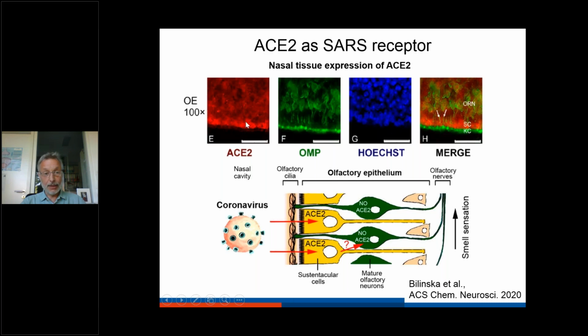And this is the expression by an antibody here in these cells. Here's a schematic. And this is the cell, probably the cell which is important for smelling and to have olfactory sensation. And as you may know, one of the main side effects of coronavirus infection is loss of this, at least for some time. And this group thinks that this is because these cells are getting inactive, and maybe the olfactory epithelial neurons are not supported by these cells anymore,